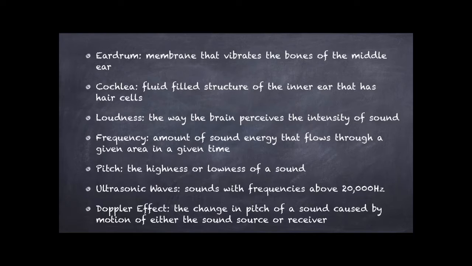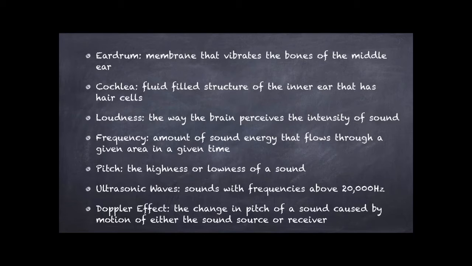So we talked about sound and how our ear plays a huge part in collecting sound. We talked about the outer ear, the middle ear, and the inner ear. The outer ear gathers the sound, passes it through the ear canal, reaches the eardrum, which is a membrane that causes vibrations. It will pass the vibrations to your middle ear, which has the three little bones: hammer, anvil, and stirrup. Remember, has. And the middle ear will amplify the sound in order for the inner ear to take the sound through the auditory nerve to be processed through nerve impulses to the brain so that the brain can decipher